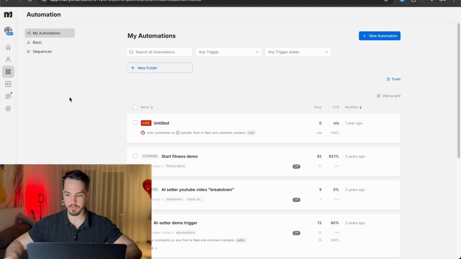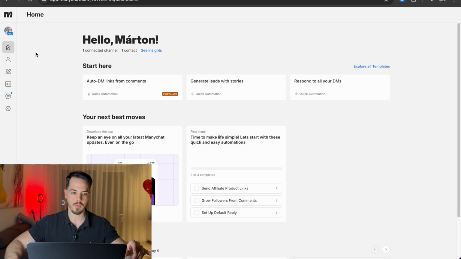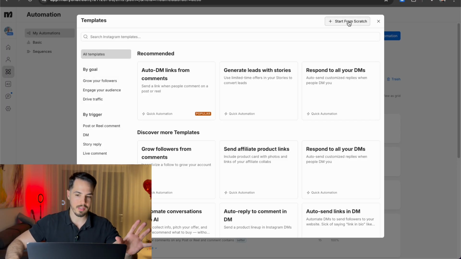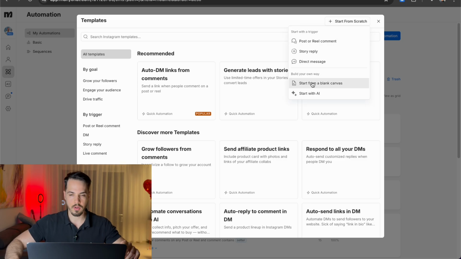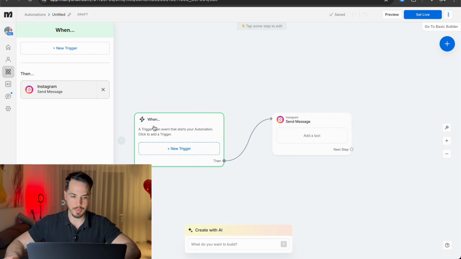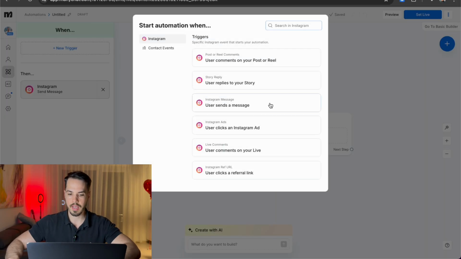You will need Manychat for this. I have the pro version, but I'm pretty sure you can do this with the free version as well. And you want to go to automation and start a new automation. I always like to just start from scratch and start with a blank canvas. So here you want to set up your trigger. I'm just going to keep it simple, and I'm going to have a user sends a message, so an inbound